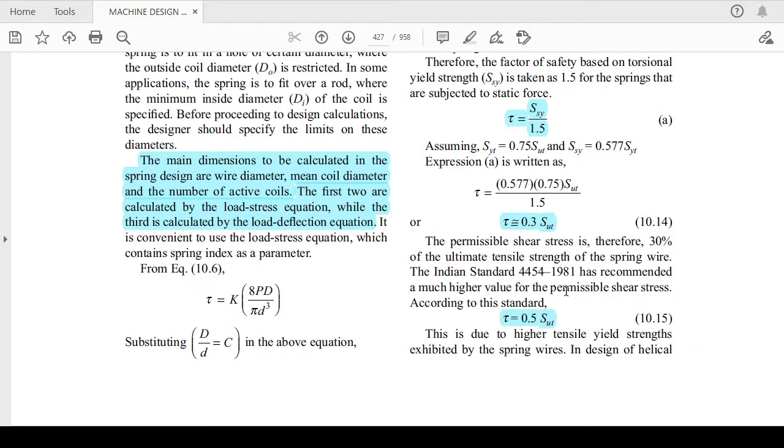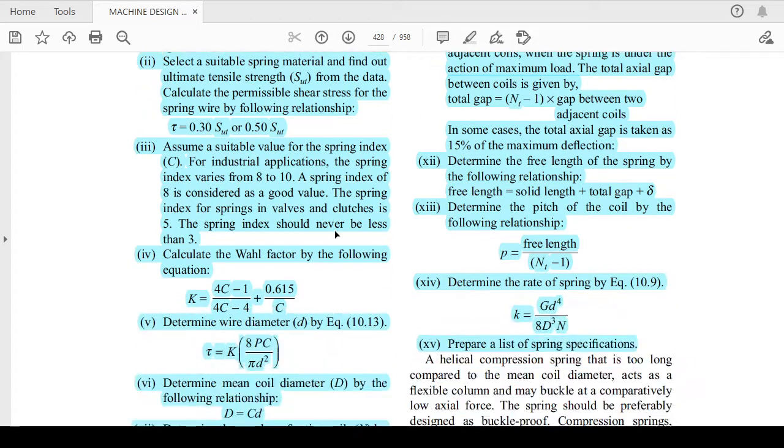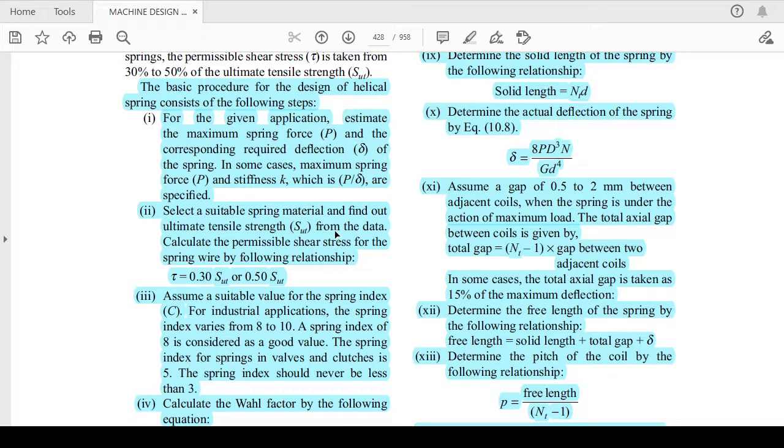Now let's go to the procedure of designing a helical spring. It consists of a total of 15 steps. I have highlighted this because sometimes in your university exam they ask for the procedure of designing a helical spring under simple loading or under variable loading, which will come in the next topic. You can write down these steps as they are written here, take any example if you want, and solve that numerical. With the help of this, you can get maximum marks in the theoretical part if it is asked out of this numerical topic.